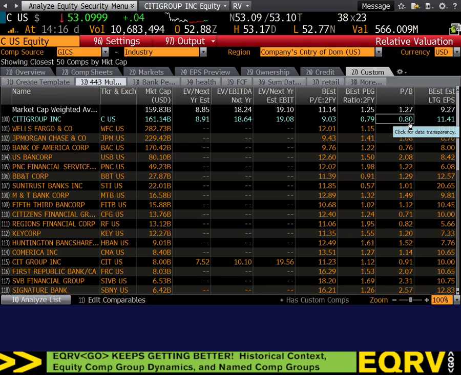Yep. The book value of their assets is higher than the actual market price of them. That's for the average bank. Citi, the book value of the assets for Citi is higher than its market value. Why? What can we say about Citi's spread? It's lower than average. Not just lower than average, it must be negative.